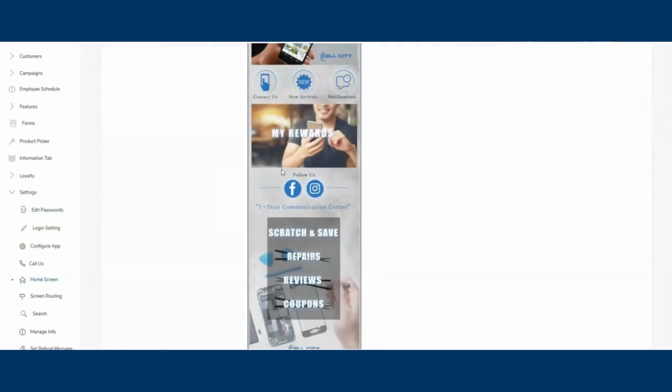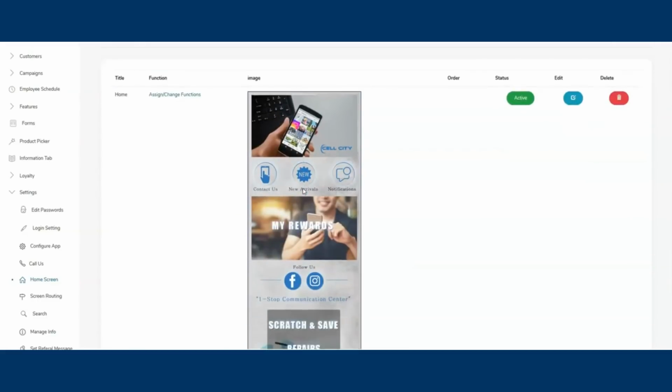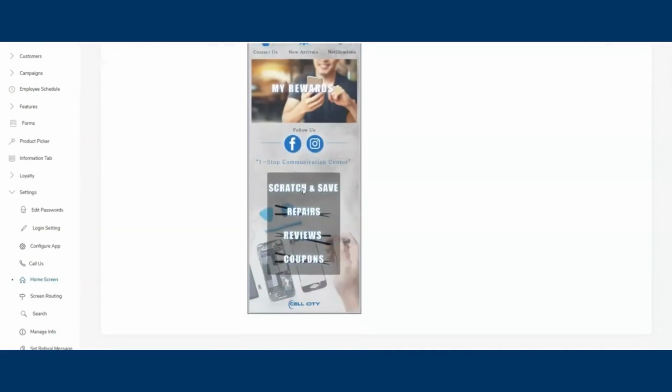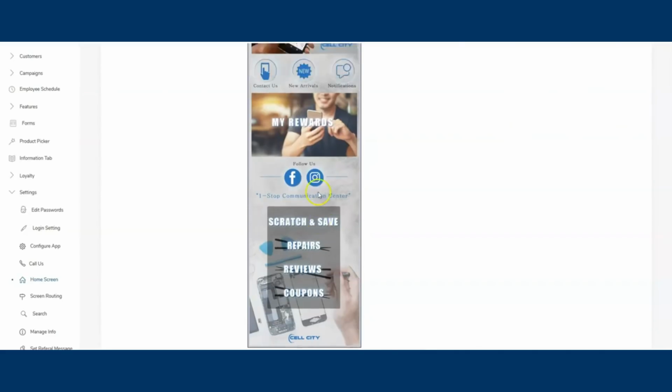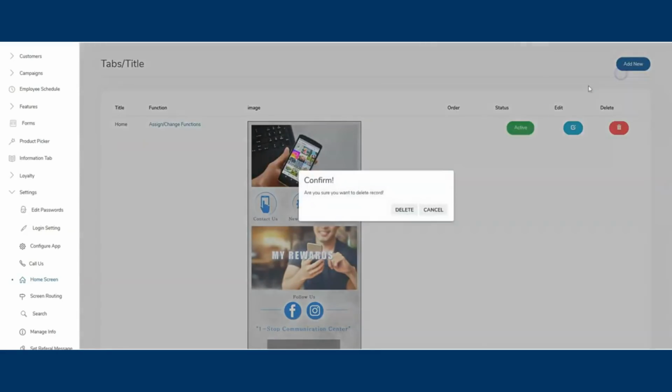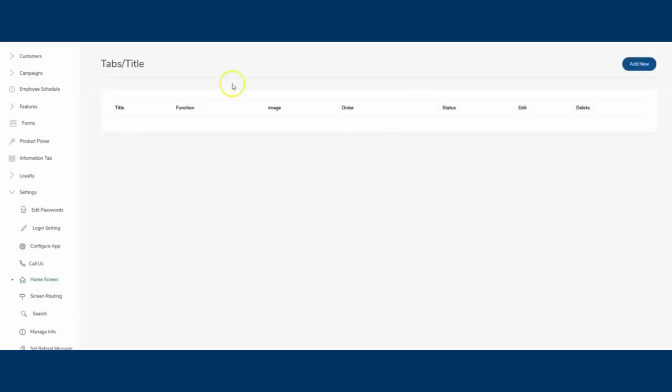So this is already coming with, we selected a category of a coach, whatever. So it comes with some sort of a starter screen so that you can have an idea of what to do. But what we're going to do is we're going to delete this and replace it. So I'm just deleting this, and I'm going to replace it with the new screens that we built specifically for